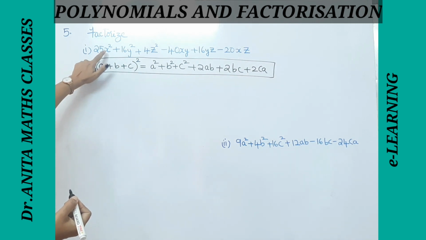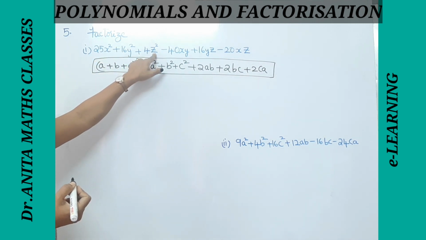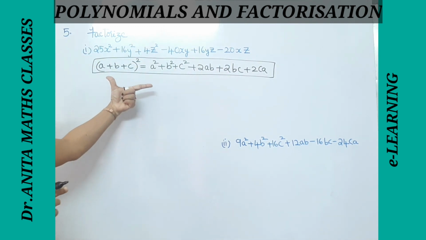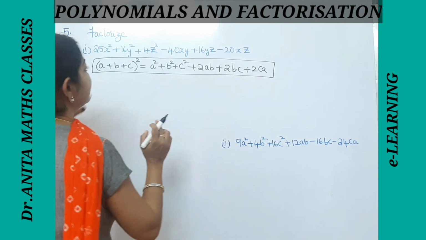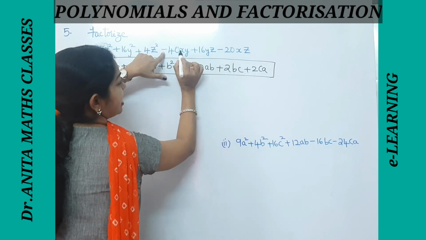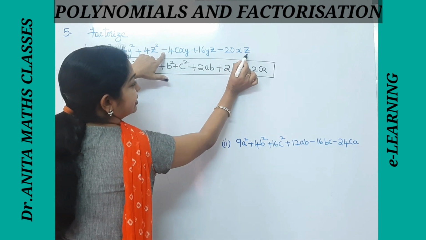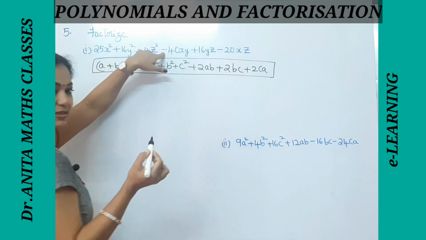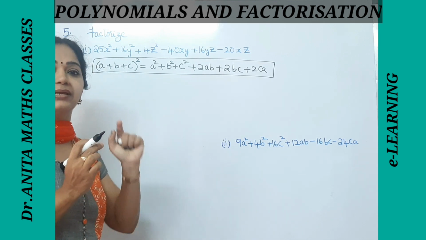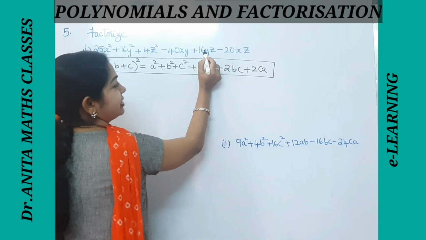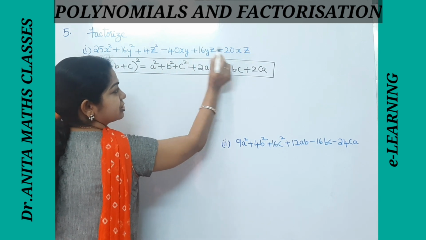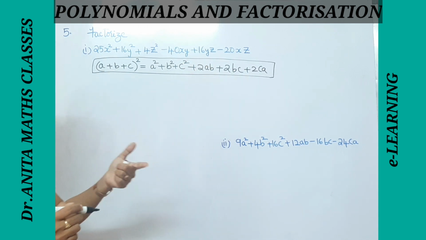Now if you see here the terms are in the expanded form and also we see two negative signs here. But in the formula we do not have any negative signs. When you clearly observe this, here one negative sign and here one negative sign. So here x and y, here x and z. So the common thing here is x. So our x term should be negative. Okay, here yz is positive, right? Here if you only see the negative signs, which is common in these two, x. So the x term is negative.